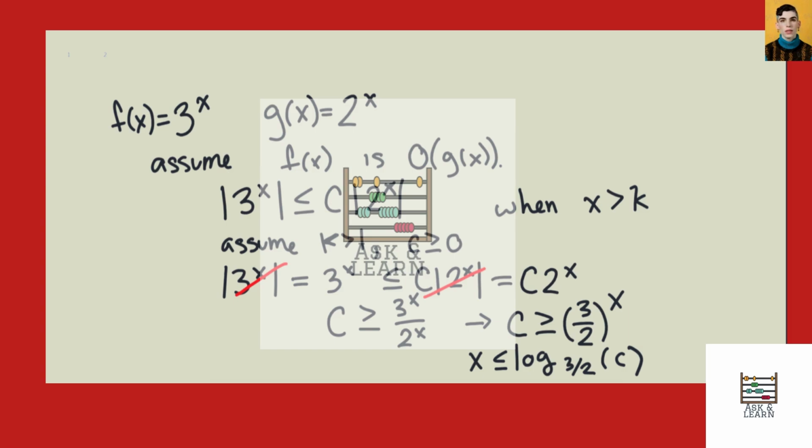Okay, but in this case, x is greater than k. Right? And there also exist x values such that x would be larger than this log base 3 halves of c. Okay, so this gives us a contradiction. And therefore, it is not